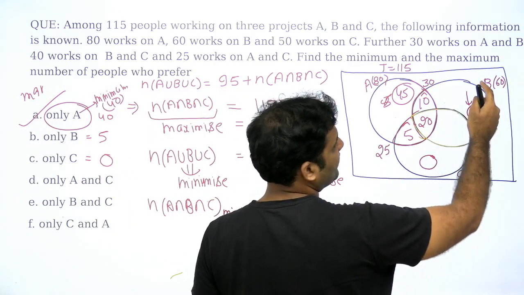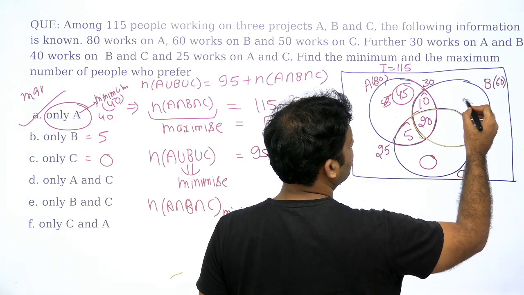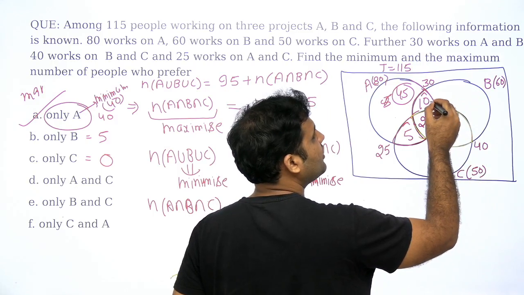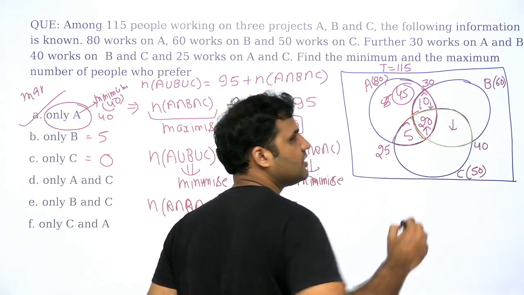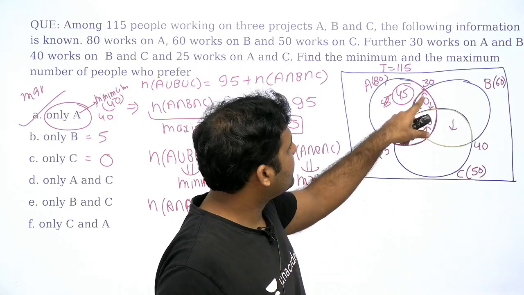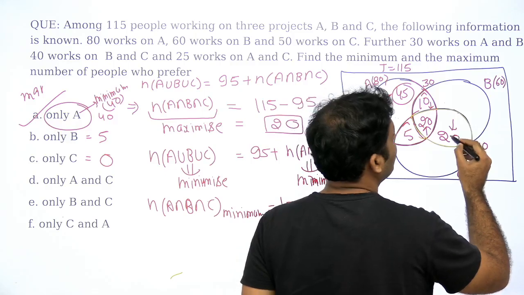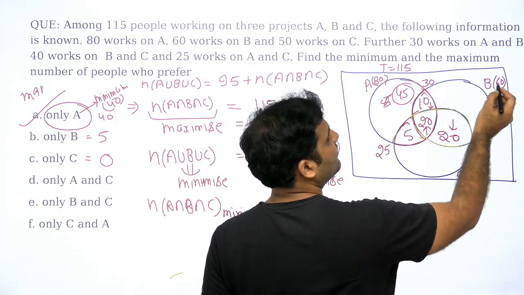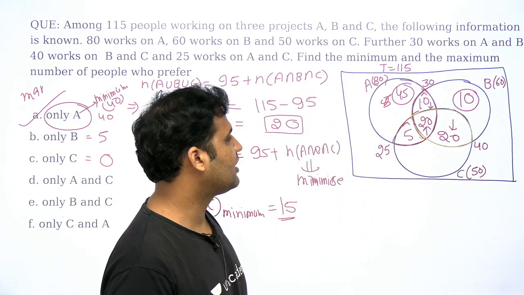If you want to find out the maximum of B, let's find out the maximum of B as well as C here. The maximum of B will happen when you decrease these two values, and the decrement in these two values will happen when you increase these two values. So this is 20, this is 10, 30, this is 40, 40 minus 20, this becomes 20. Now this is 20 plus 40, 20 plus 20, 40, 40 plus 10, 50, and the maximum of only B is 10. Maximum of only B is 10.